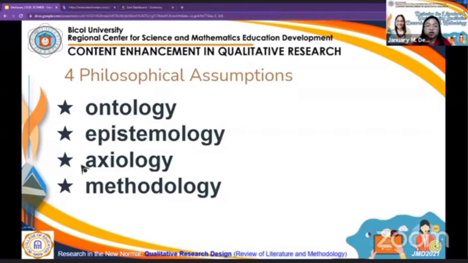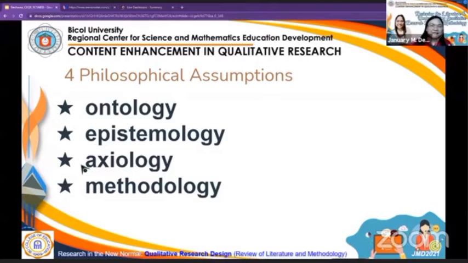How do you view reality, being, and of course, how do you view knowledge? And then of course, what values are you going to incorporate? And of course, your methodology. What methods or what processes are you going to include in your paper? So yeah, you need to fully define them as a researcher,